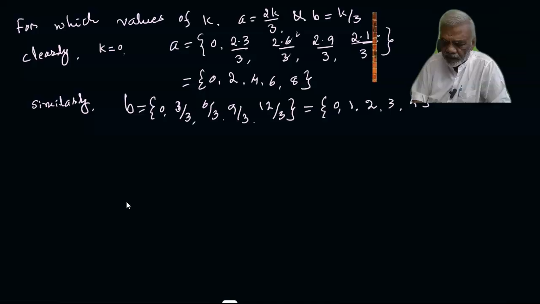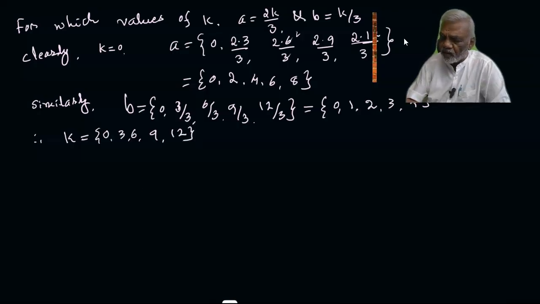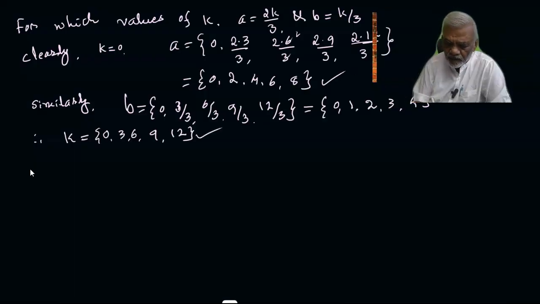Okay, and therefore K must be either 0, 3, 6, 9, 12, and these values of A, B and K will give, therefore, ABK